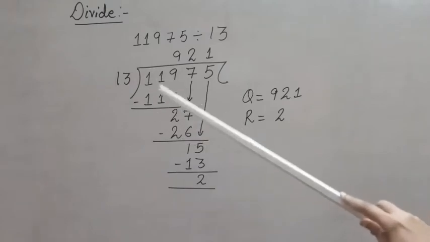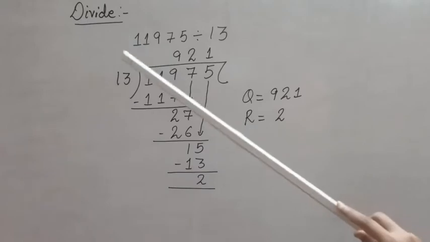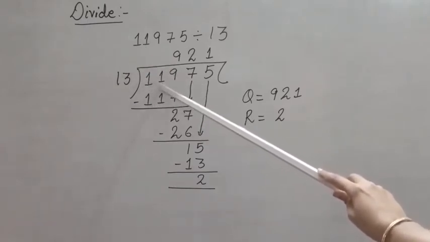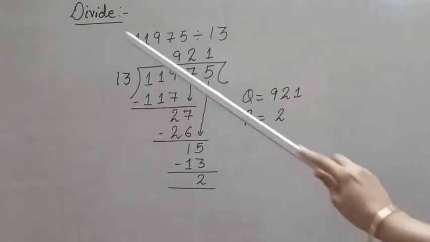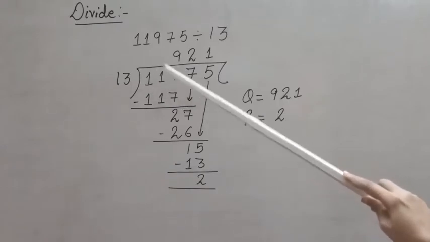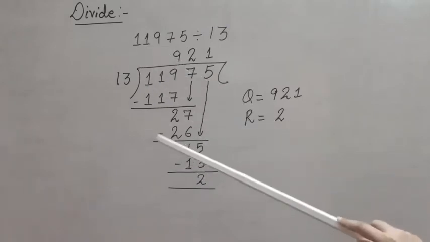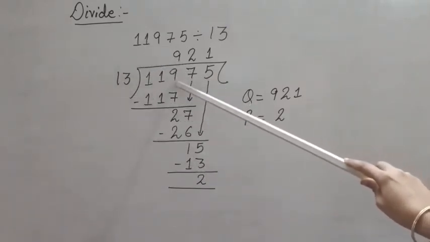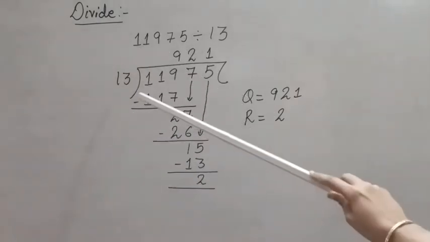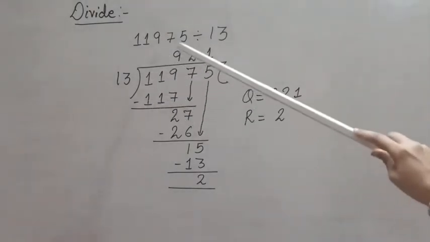So here what I will do, I will take 3 digits of the dividend altogether in the beginning. Reason? Because if I am taking 2 digits of the dividend, that number is smaller than the divisor. In such case, we will be taking 3 digits of the dividend and my number will be 119. Now I will see how many times 13 goes into 119, and we know that 13 nines are 117. So I will be going with 13 nines are 117, and you can see this,